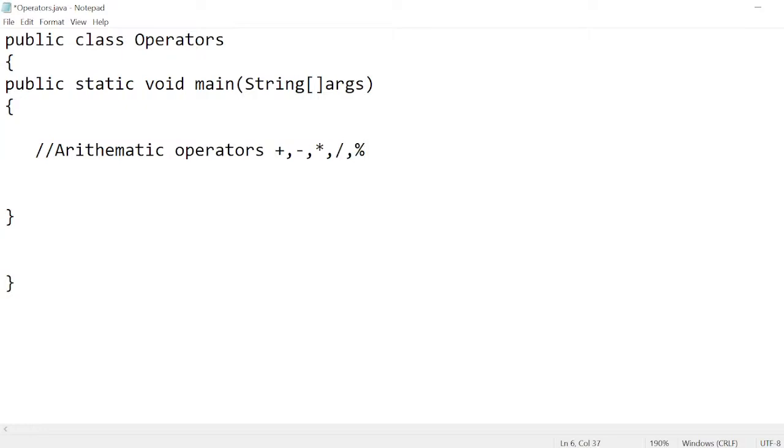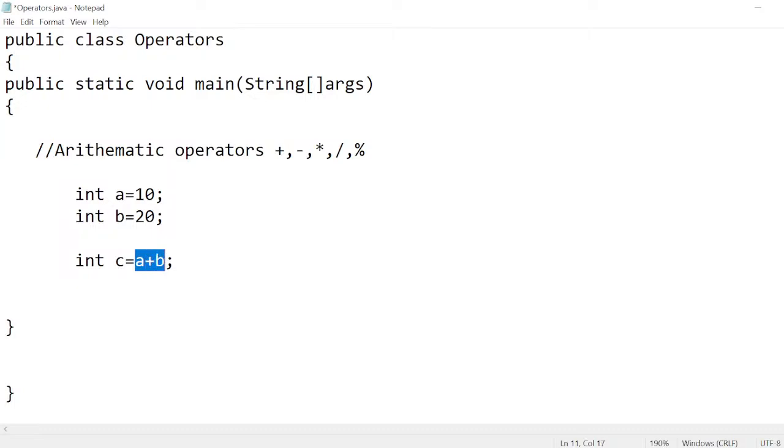These are the symbols. I can write a program and then I will show you. int a equal to 10, and int b equal to 20. So if I take like int c equal to a plus b,